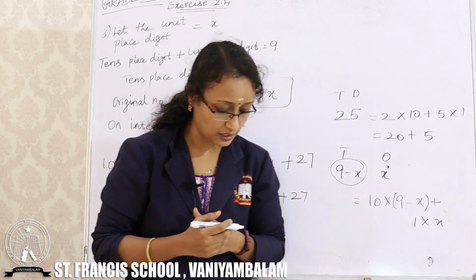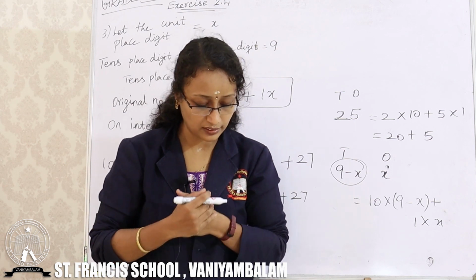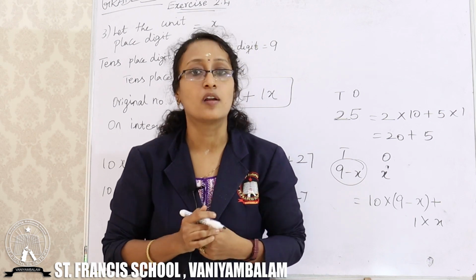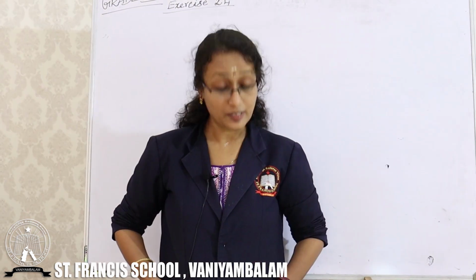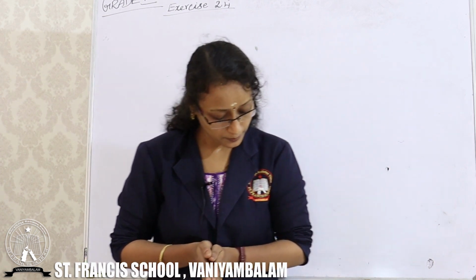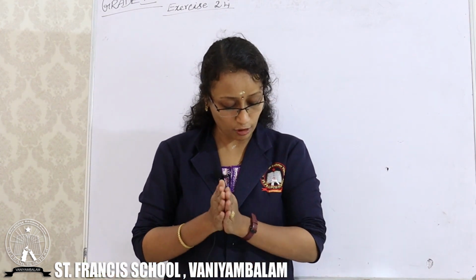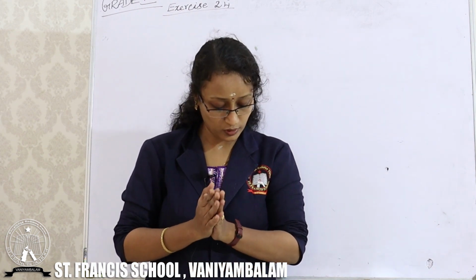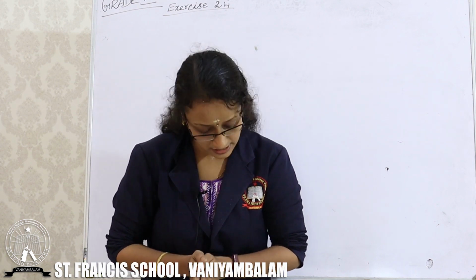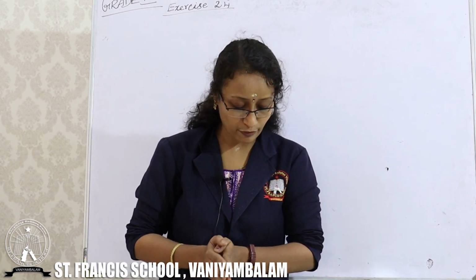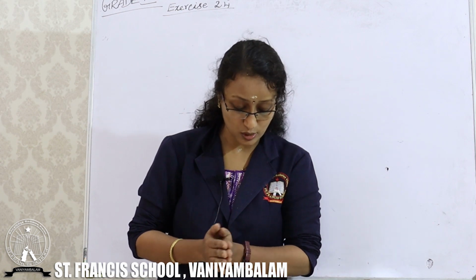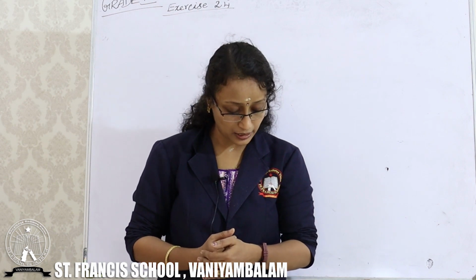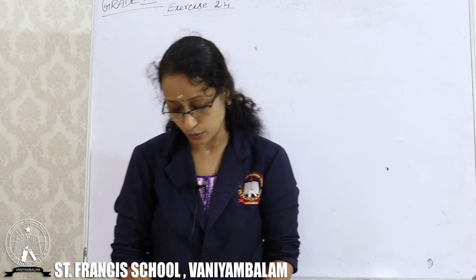Okay. Same as the third problem, you have to solve the third one. For the fourth one, I will just give you the hint. You can solve it by yourself. The fourth problem: one of the 2 digits of a 2-digit number is 3 times the other digit. If you interchange the digits of this 2-digit number and add the resulting number to the original number, you get 88. What is the original number?